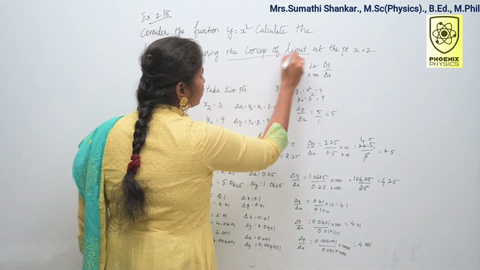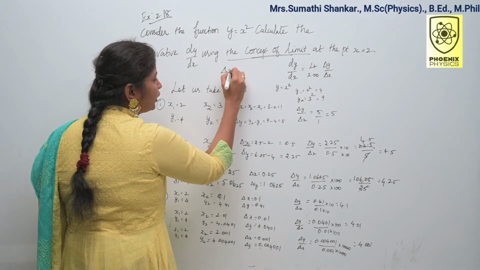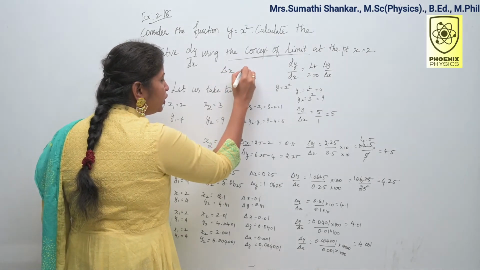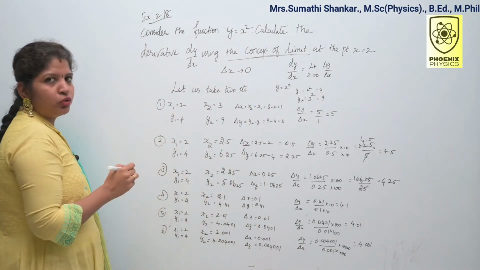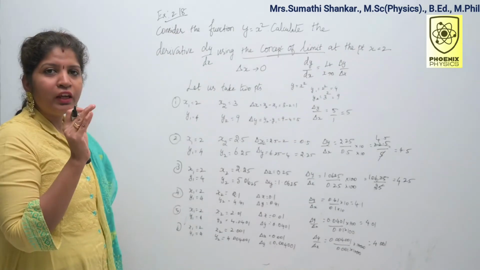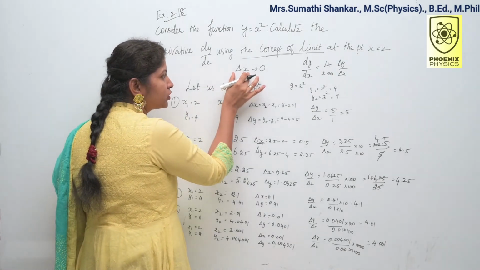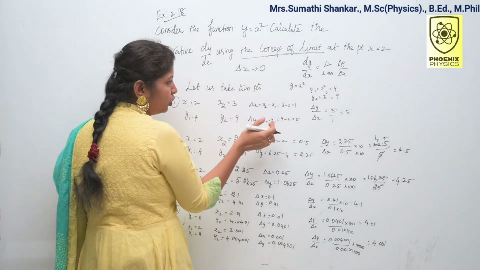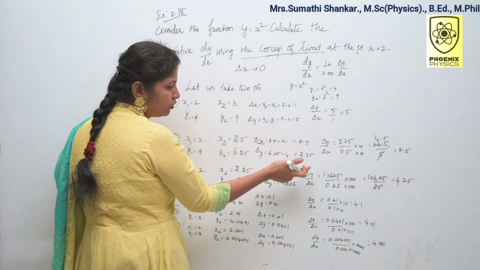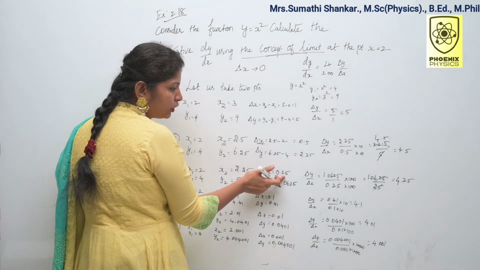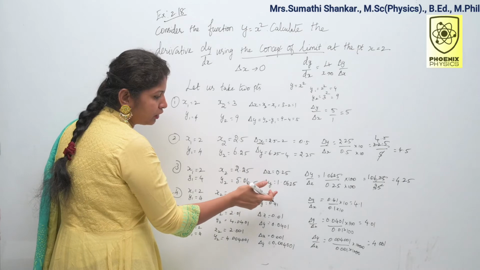Using the concept of limit, our aim is to reduce delta x value nearly to 0, not equal to 0. We are going to reduce delta x tends to 0. So here difference is 1, here 0.5, here 0.25. That is why we are further reducing the delta x value up to